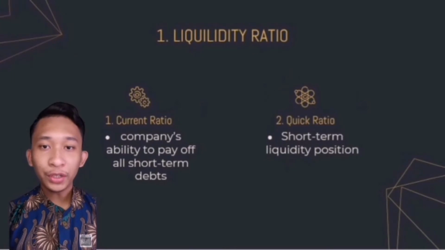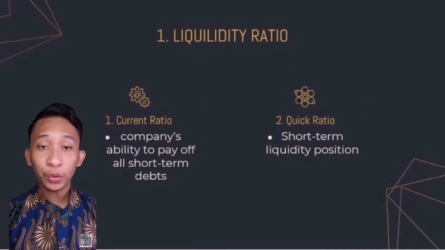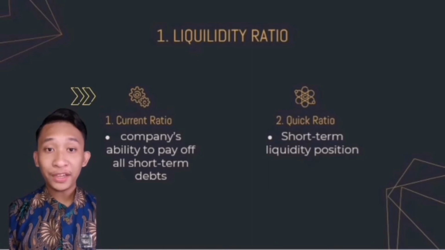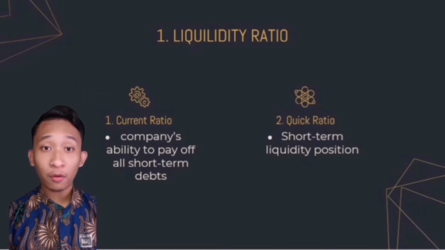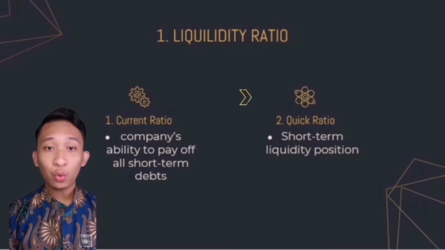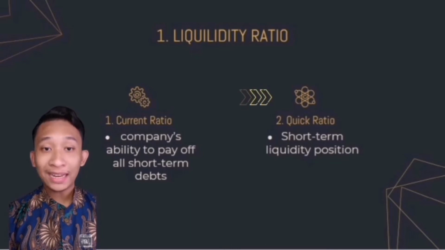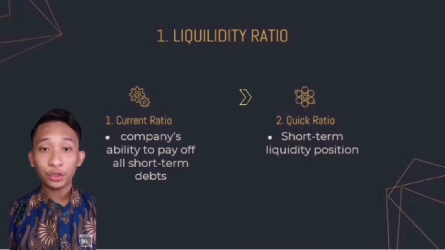The first ratio is the liquidity ratio, which consists of the current ratio and quick ratio. Current ratio is used to measure a company's ability to pay off all short-term debt, within a year, while quick ratio is an indicator of a company's short-term liquidity position and measures a company's ability to meet short-term obligations with